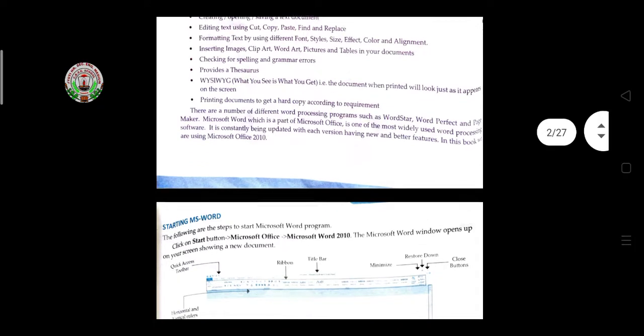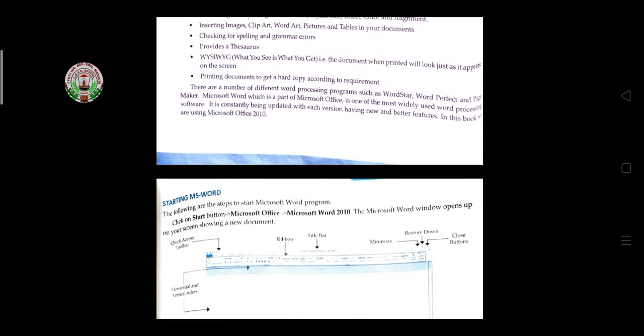Like this it works. Then the document when printed, suppose you had written the letter and that letter you want to take the print out. Before giving the print command, if you want to check whether the type is correct or not, whether all the words are there, and the text is in alignment, then first you have to click on the print preview option, and afterwards you give the print command. Like this Word will help us.